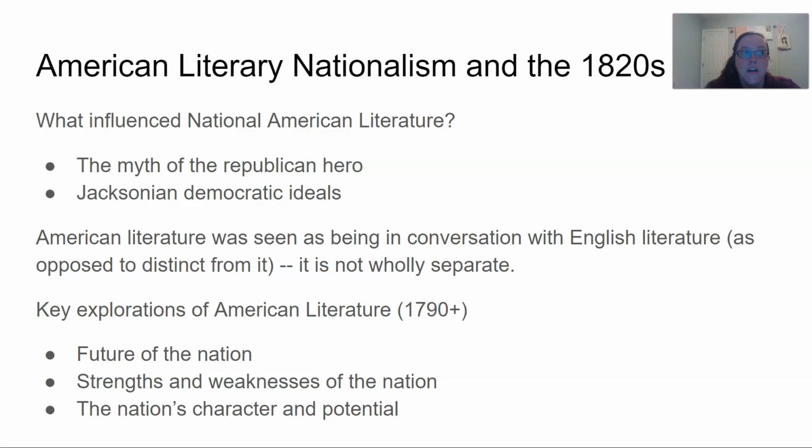Our book says that's really hard to get over. And if I'm speaking outside of our textbook, I would say it's still really hard to get over, even 200 years after the 1820s. The other thing that's influenced national American lit is the Jacksonian democratic ideals. I think we still see both of these today. The concept that the common man has rights, and we need to give more rights to the individual. People are equal, and all people deserve rights, and there's not one body who can take away someone else's rights,